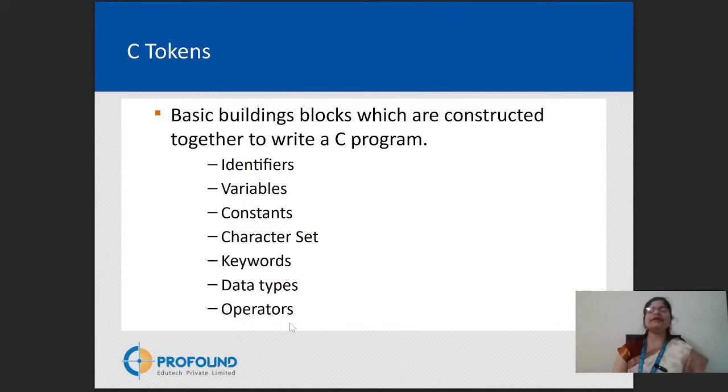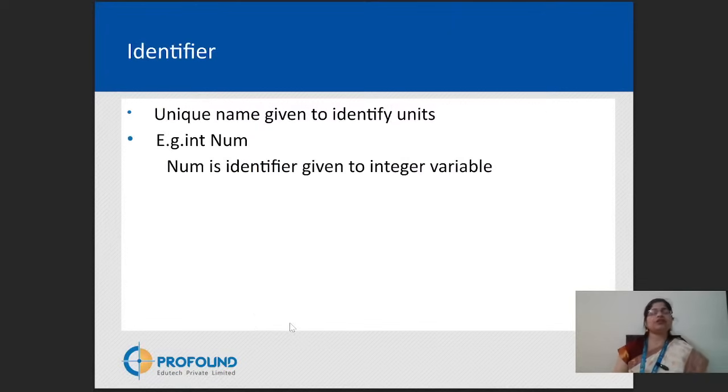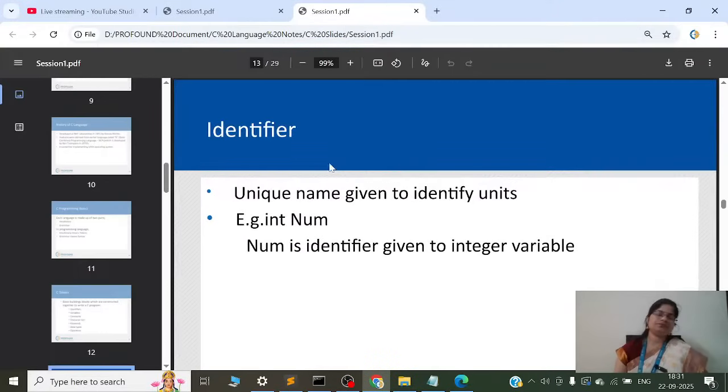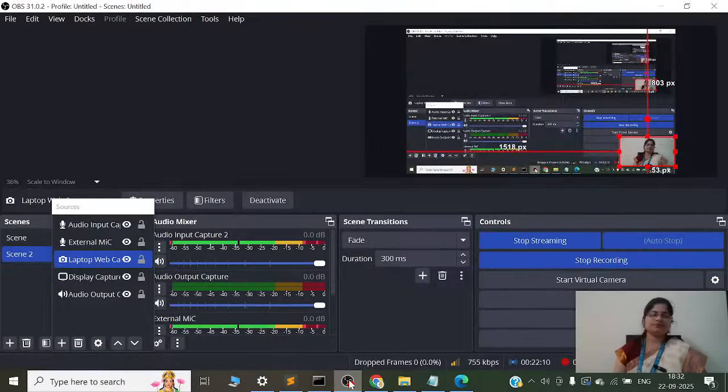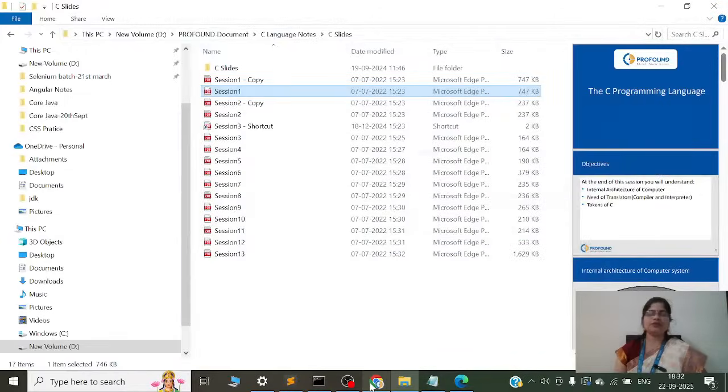So what is an identifier? Unique identification given to the entity. A unique name given to identify units. For example, int num. Int is a data type which we are going to see now, but num is an identifier given to the integer variable. Identifier means it is similar to our name. If you want to identify me, how will you identify?